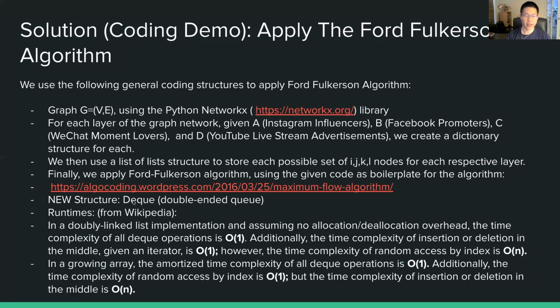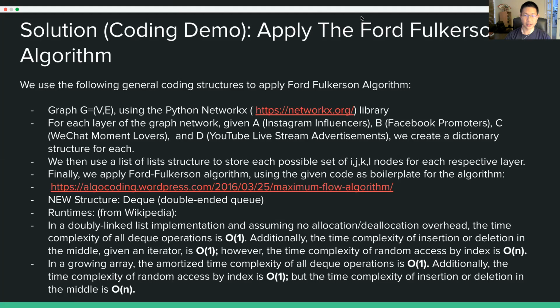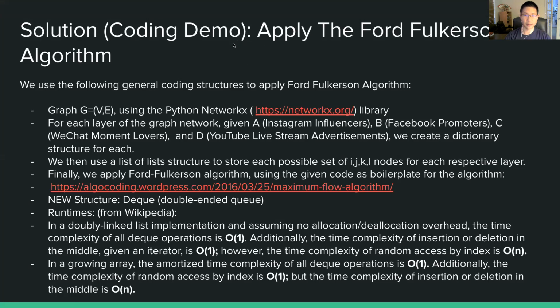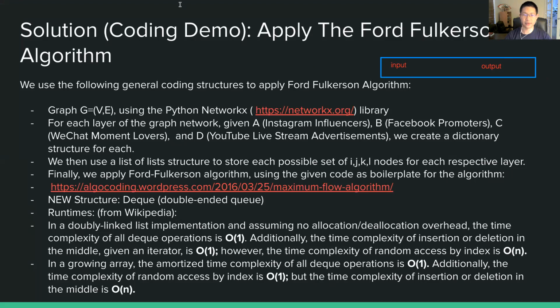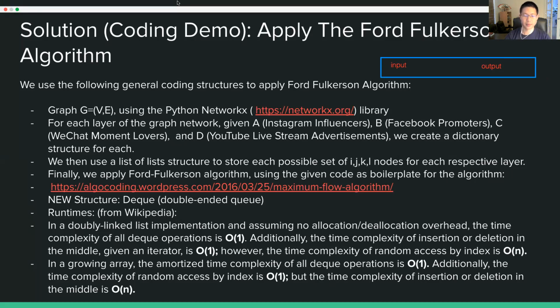There's a new structure called a deque, or a double-ended queue. And as a quick annotation, here is some drawing we'll be making for it. Let's say you have right here a nice little queue. And then you have the input of this queue and the output. So in a normal queue, the single-ended queue, it's a very basic structure of LIFO, right? Last in, first out. So you last put in something at the input, and the first thing that comes out is the thing that you put in.